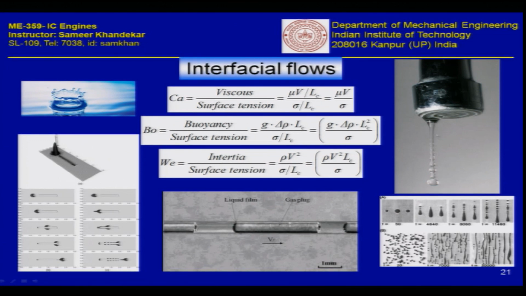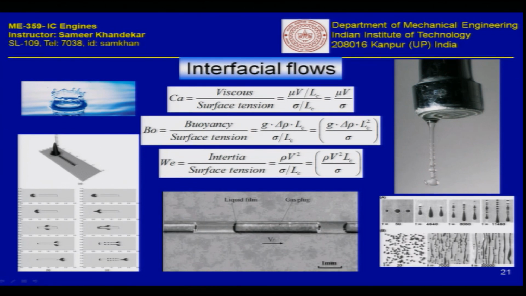In a similar manner here, for example, when the liquid is dropping, the velocity increases, the surface tension remaining constant more or less. So, essentially the inertia force is increasing, and you can see that at a certain critical Weber number, that means at a certain critical velocity here, you see that waves have started appearing. Okay. So, the flow morphology has changed because now new area is getting created, new surface is getting created,